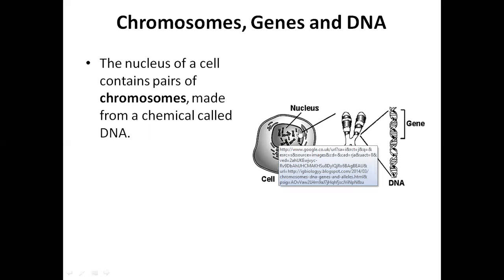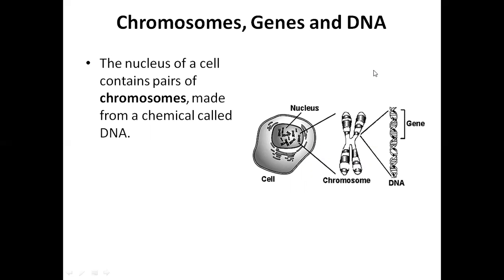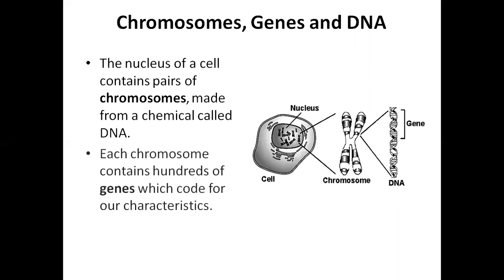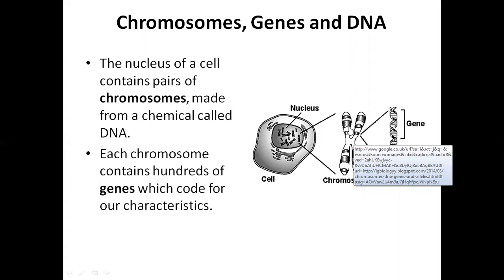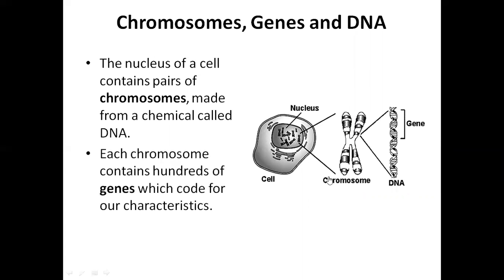So inside the nucleus, there are the little chromosomes, okay, and they exist in pairs for most of our cells. And they're made up of a chemical called DNA. And DNA is just short for deoxyribonucleic acid. Now on your GCSE papers and tests, you'll find it shortened to DNA. If we look at one of those chromosomes, we can see that there are these little banding patterns